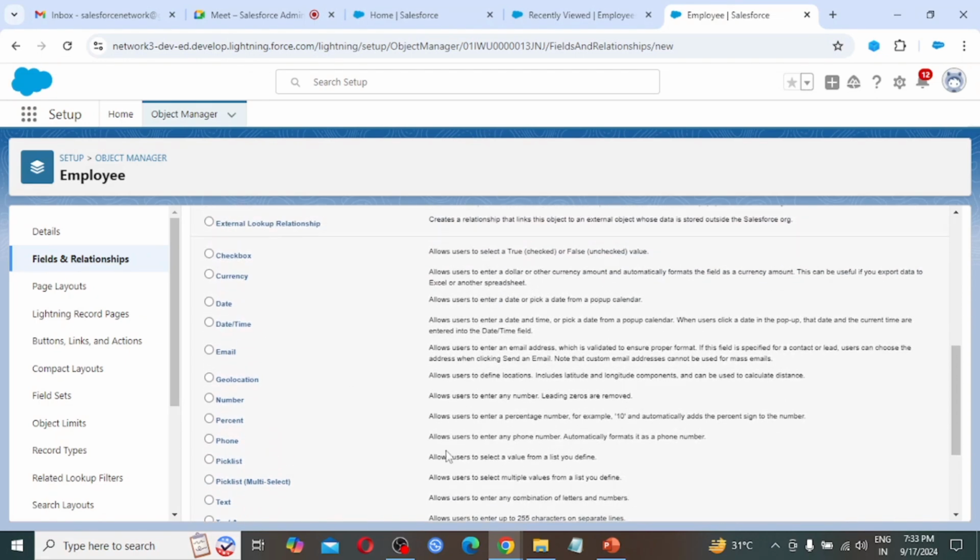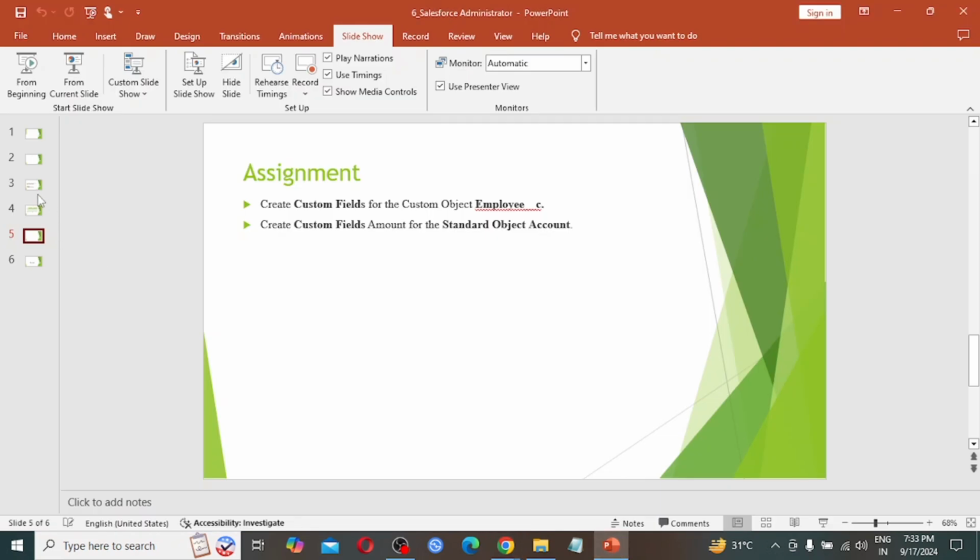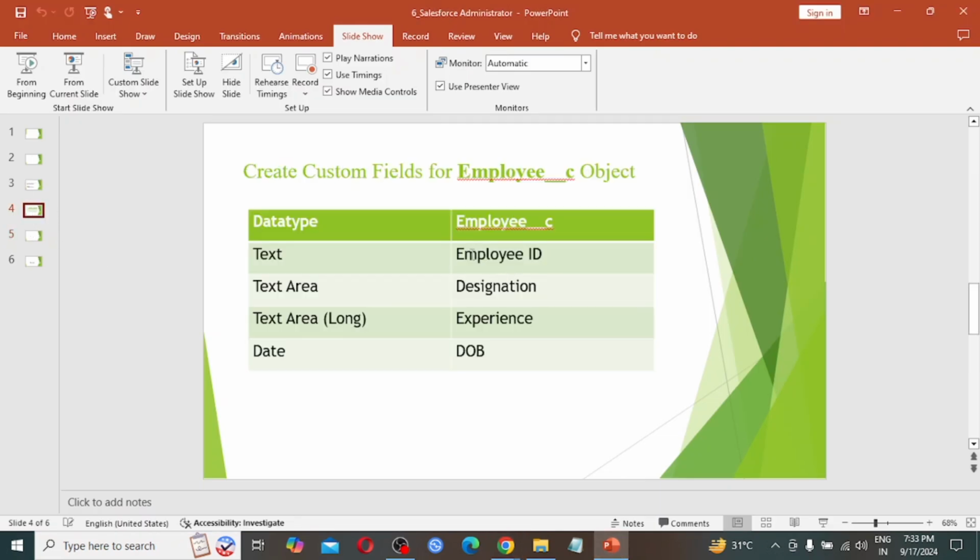So this is simple. If we look at our PPT, we have to create employee ID. So what is employee ID collecting? Will employee ID be a picklist type, or a number type, or a text type, or a boolean type, yes or no? Which type will employee ID be? Employee ID is going to be represented by text and number. The combination of text and number is going to represent the employee ID of any employee.